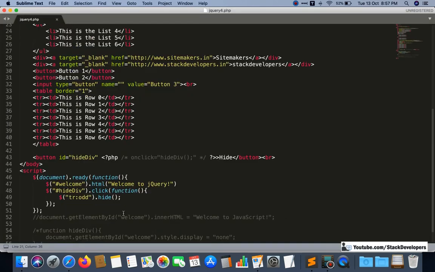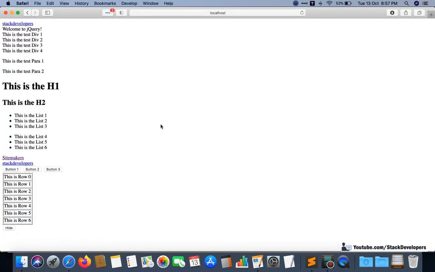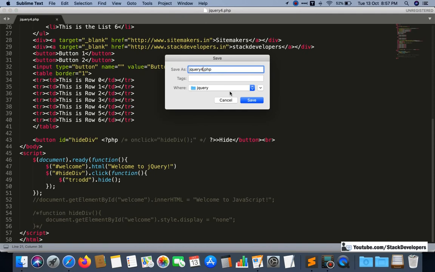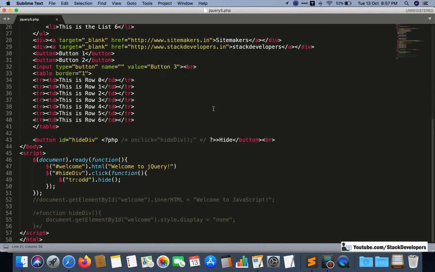I will show you in the video the events we have already done. You can see the clicking of this hide button, like in the last video we have done. I am going to save it as jQuery 5 now. See here, we have done this click, we have done this hide. All these are events: click, hide.